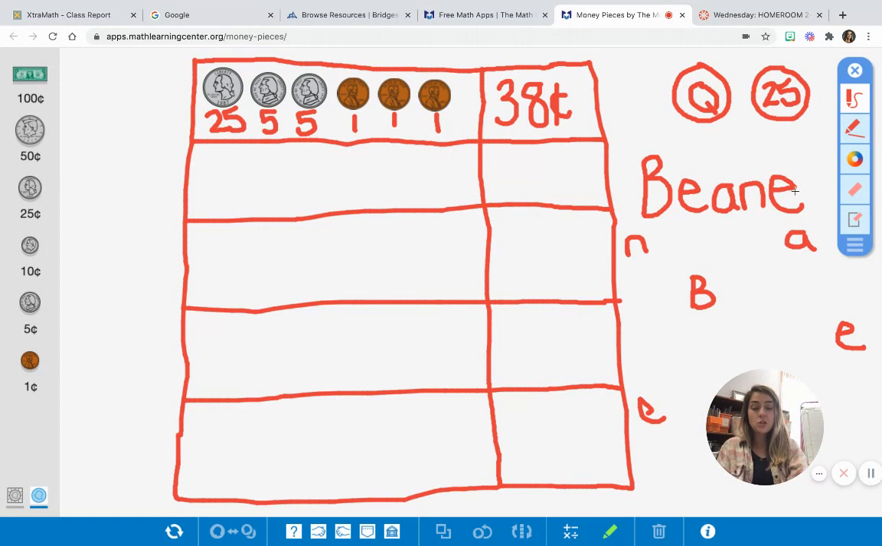All right, I'm going to do one more with you, and then I'm going to send you on your way to practice by yourself. So again, hopefully you can find some coins somewhere in your house. You just need quarters, dimes, nickels, and